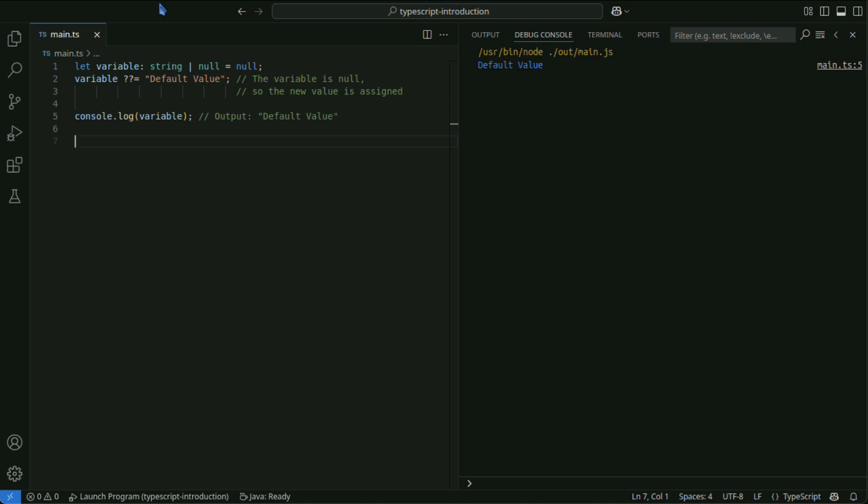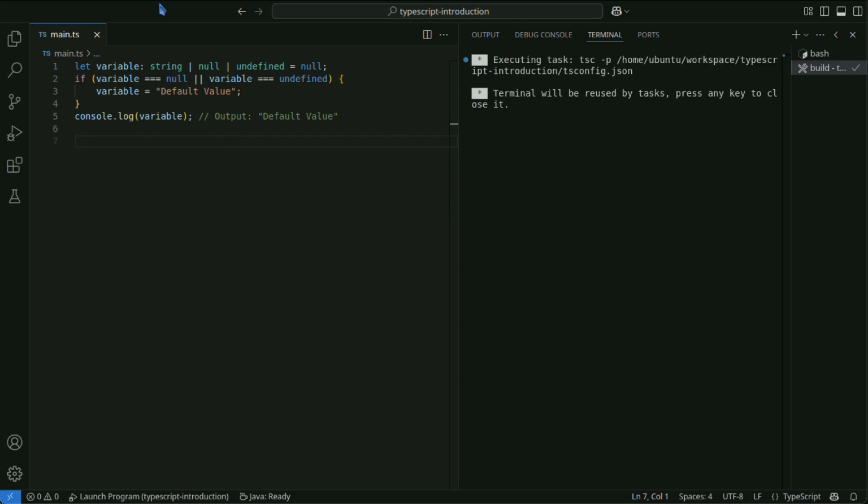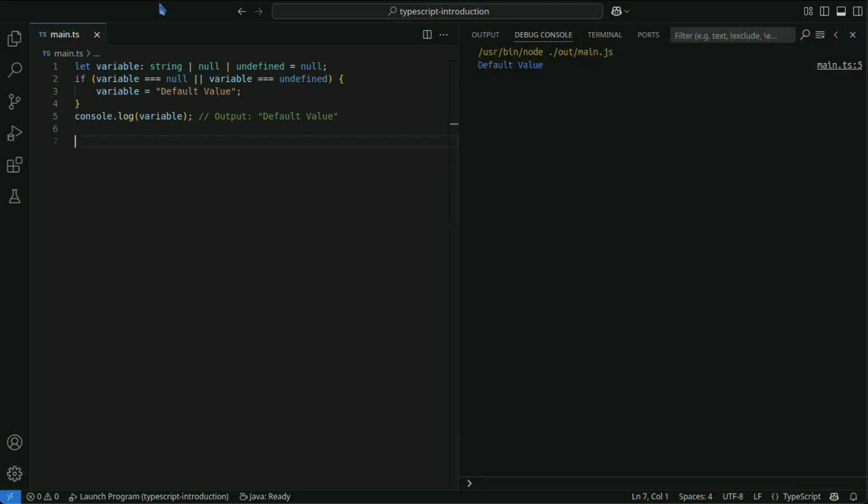Let's compare with the traditional assignment methods. Using an if statement, it can be written as follows. Alternatively, using the ternary operator, it can be written as follows.